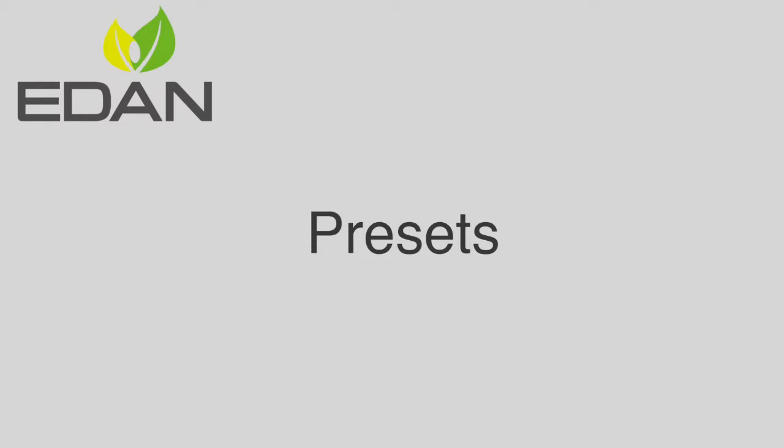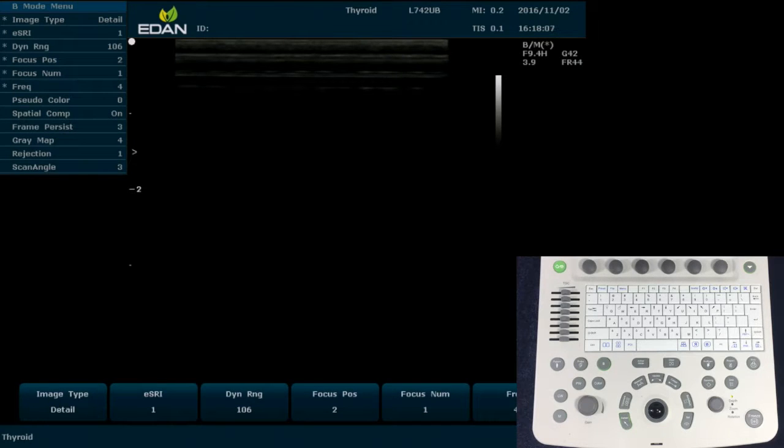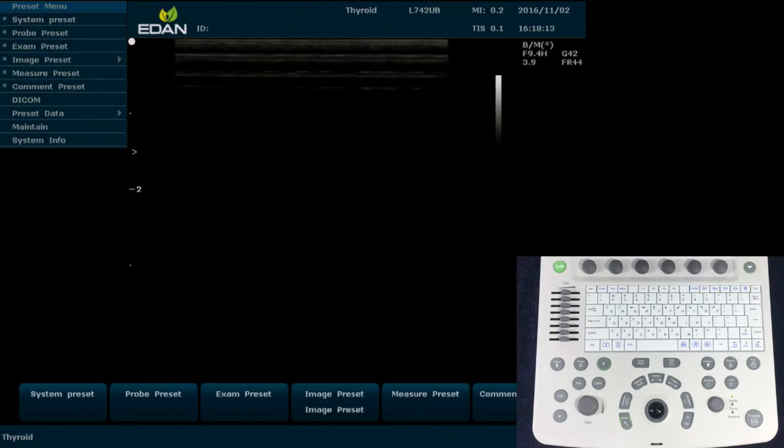This video will demonstrate how to access the U50's preset configuration options. We can begin by opening the preset menu by pressing on the preset key located on the top row of the keyboard. From this menu we can access and modify the different preset configurations associated with the probe models, exam types, and